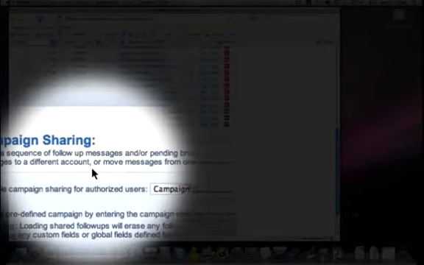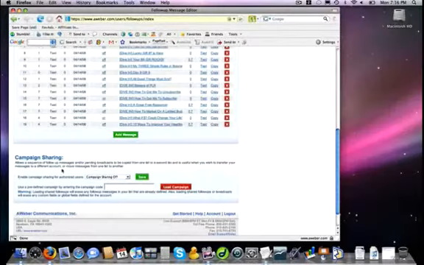That means it does not have to be a set of messages that are on your account. You could even send it to somebody else's account when they've turned on their campaign sharing tab down here. So an idea might be, if you created an autoresponder series in AWeber, perhaps using PLR material or other material or original material,